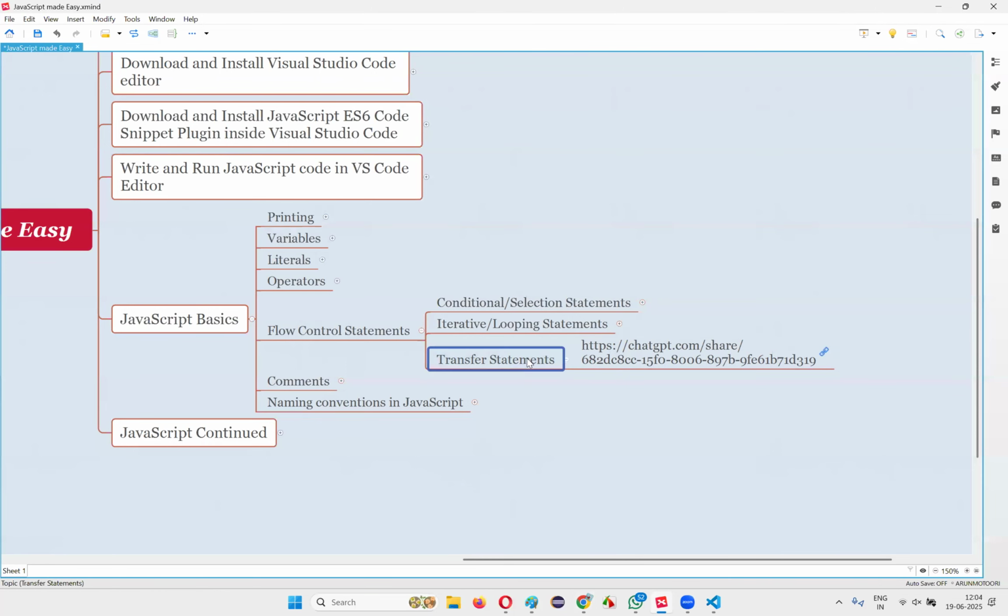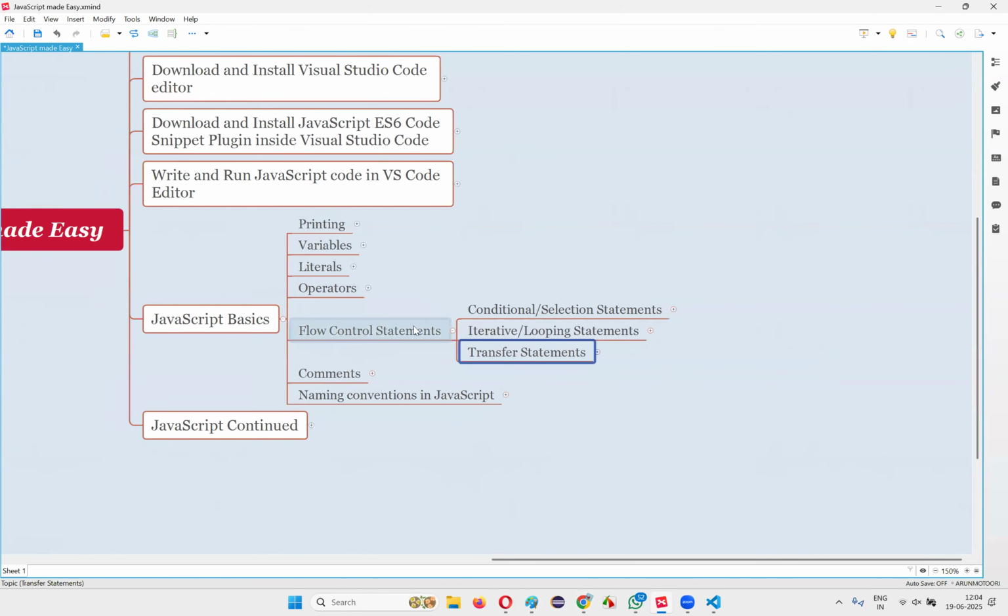okay, with this we are done with the transfer statements in JavaScript. Okay, so we are done with the flow control statements in JavaScript, guys. In the previous sessions I covered conditional or selection statements, iterative or looping statements, and now in this session I covered the transfer